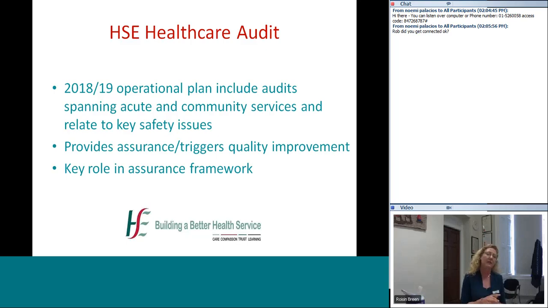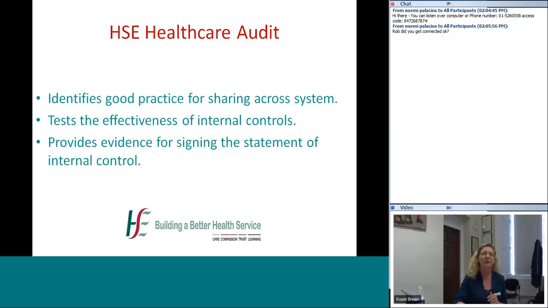And then the fourth level of assurance that the HSE's assurance framework refers to is external assurance, such as from the Comptroller and Auditor General in relation to financial standards, HIPAA, the Mental Health Commission, and other regulators. So that's the key role that we have in terms of providing level 3 independent assurance in the HSE's controls assurance framework. We identify good practice for sharing across the system, and this is one of the ways that we can